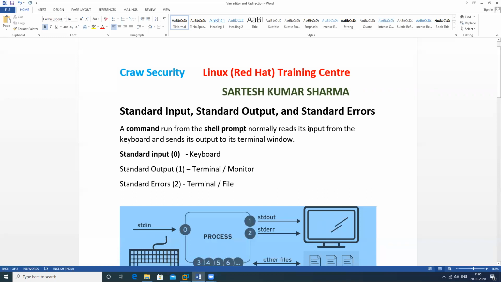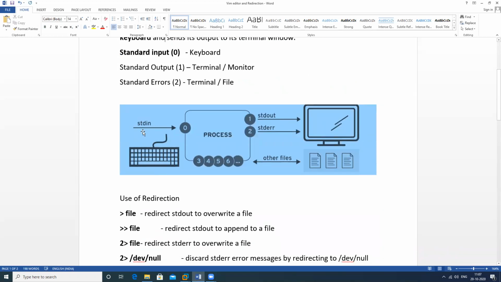So, when we type any command that is typed by the keyboard, this is called input. When we type any type of text, it can be any command. So it's called standard input. This will be processed and show the output in the terminal. And suppose we type any wrong command, it will show me some errors. Errors by default show on a terminal, and if we want to show the errors in any file, we can use this.